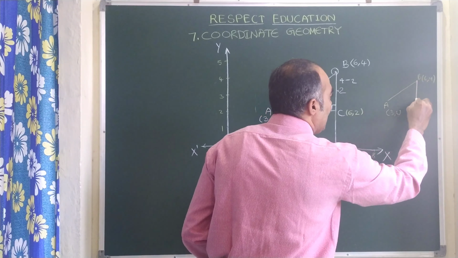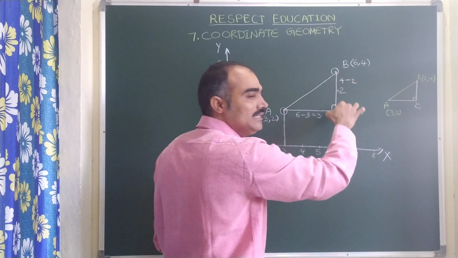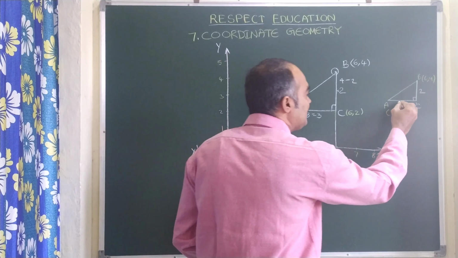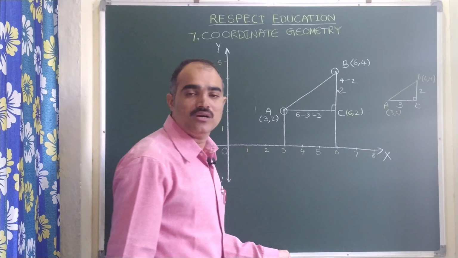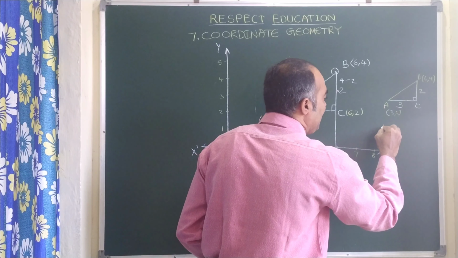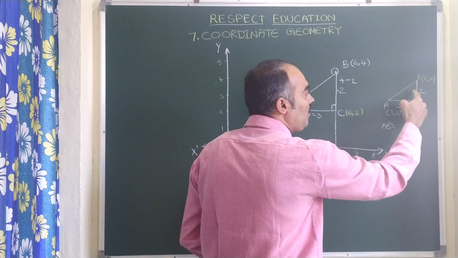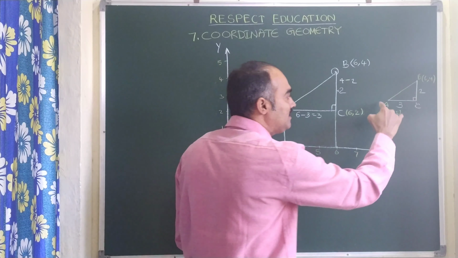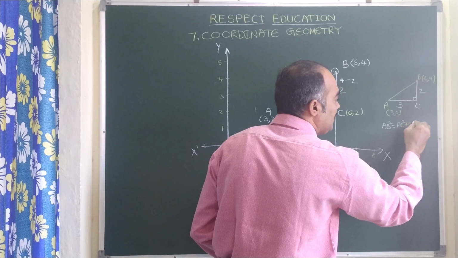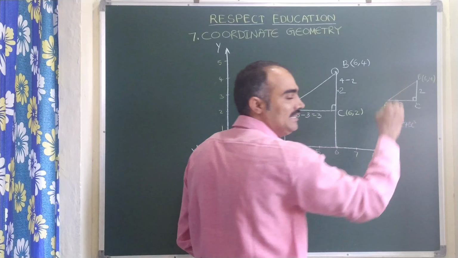See here, this is C, as just now we got here, BC value is 2. So I am writing here 2. AC value is 3. This is 3. Pythagoras theorem says that hypotenuse square, means AB square, is equal to the sum of the squares of the other two sides, means AC square plus BC square. This is when there is 90 degrees at C.